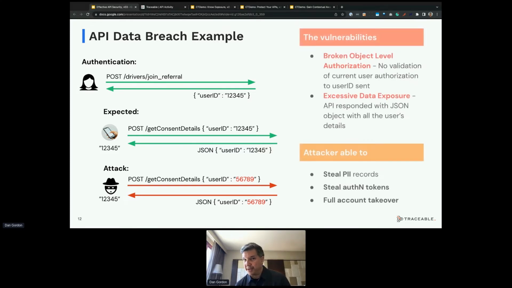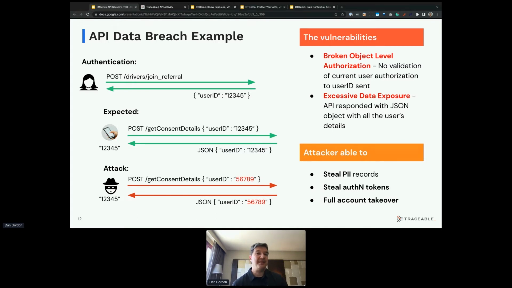Two vulnerabilities that we often see together: broken object level authorization, at number 1 on the OWASP API top 10. No validation that the current user is actually authorized to see the object that they've requested. And that goes hand in hand with excessive data exposure, where our languages actually make it convenient and efficient for our development teams to create and innovate, and that's intentional.